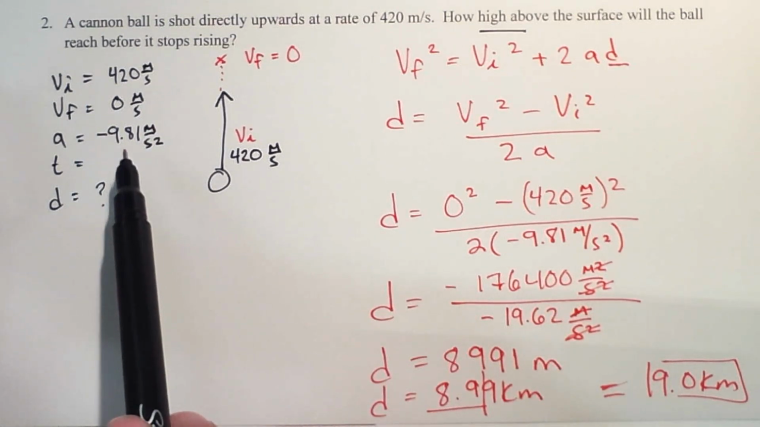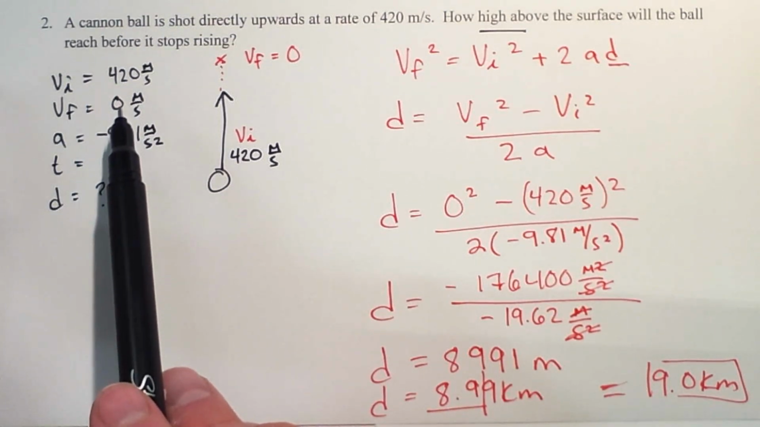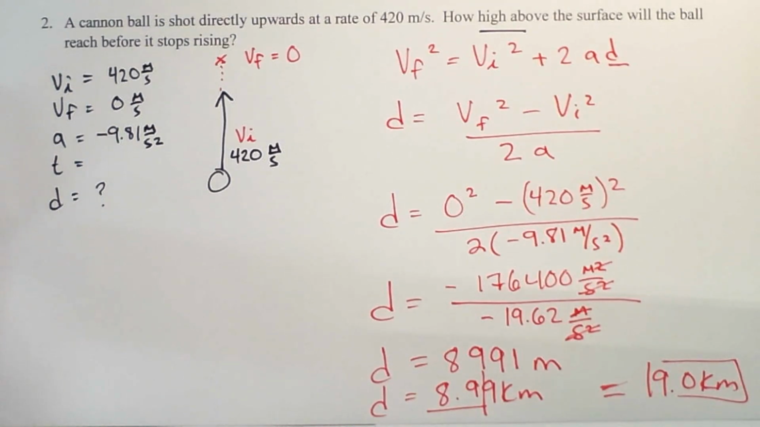So because it's being shot up, I know acceleration. If it's wanting maximum height, then I know that my final velocity will be equal to